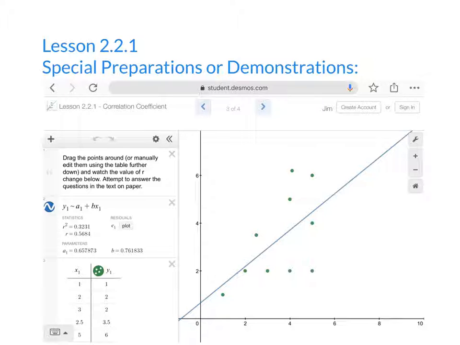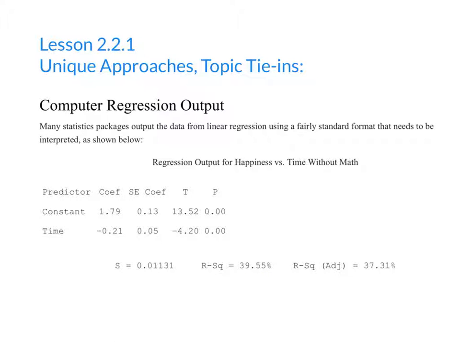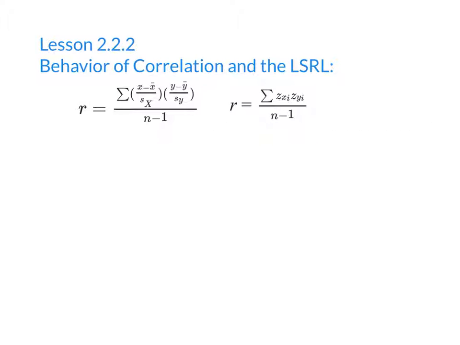If you don't have access to the e-tool, use the further guidance provided in problem 2-47. There is a math notes box that demonstrates a common type of computer output used on the AP exam and throughout the course. In Lesson 2.2.2, students use algebra to investigate more properties of R,